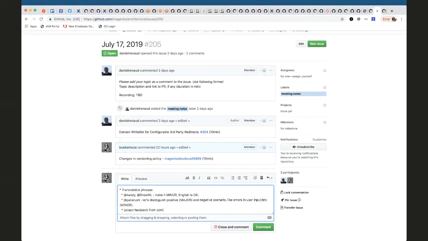Can you also explain why the removal of a translation is only a patch? Because I don't think somebody should be relying on it. For example, checkout should not rely on the catalog's phrase text. So if you remove it, it means you probably remove the functionality. So removal of the phrase itself is not a breaking change. Most likely removal of the functionality will be a breaking change, so it will cause a major or minor increase anyway.